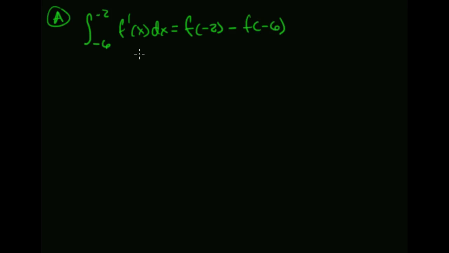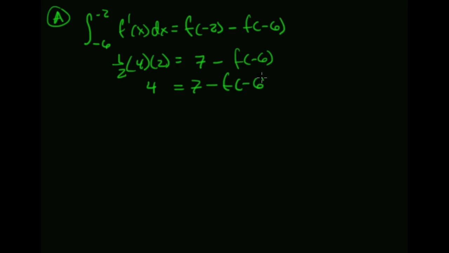All right, so this is just a triangle. So this is 1/2 of the base of 4 and a height of 2. F of -2 is clearly 7. So this 4 is 7 minus f of -6, which means that f of -6 should be 3. Okay, so that's not so bad. Do the same idea with the 5. So take the integral from -2 to 5 of f prime of x dx should be